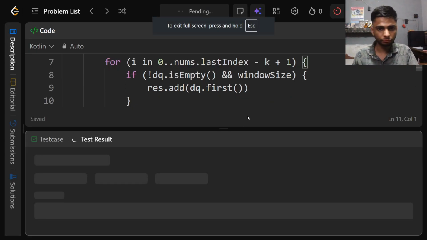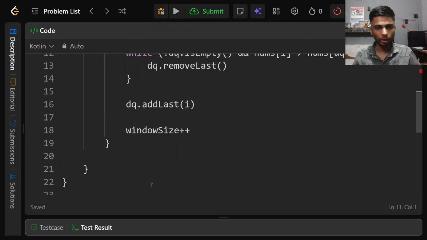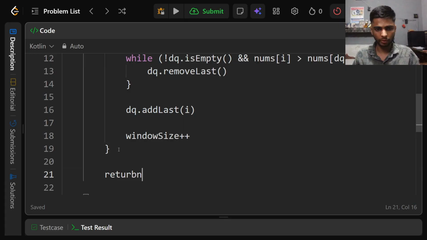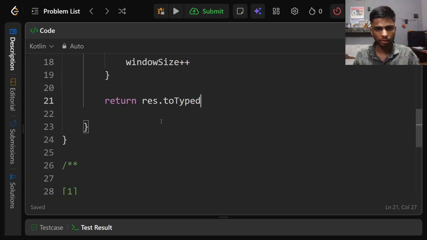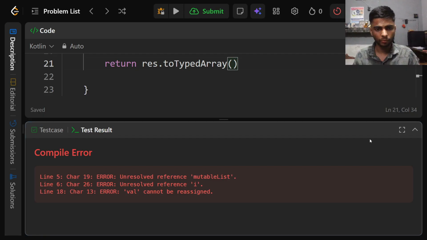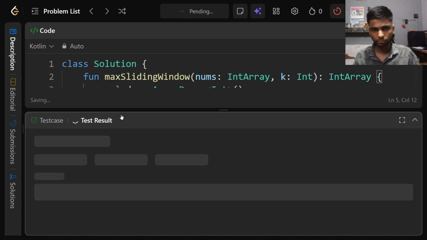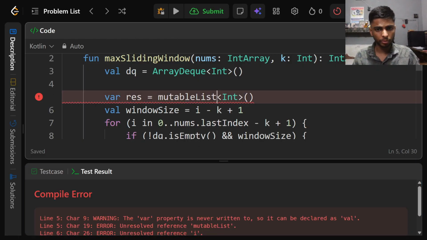Let's see. And at the end, I am going to return this array, return this list actually, but to type array maybe. Array. Looks like mutable list of